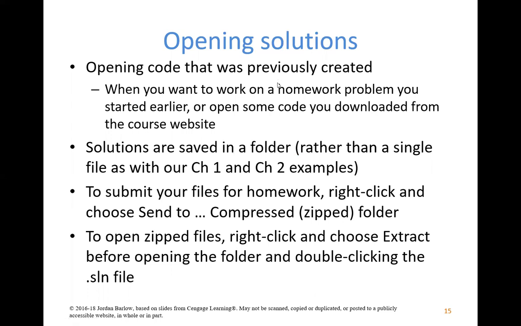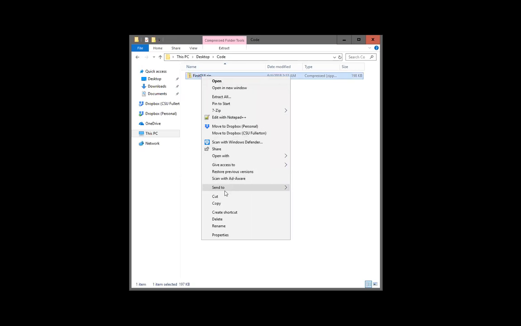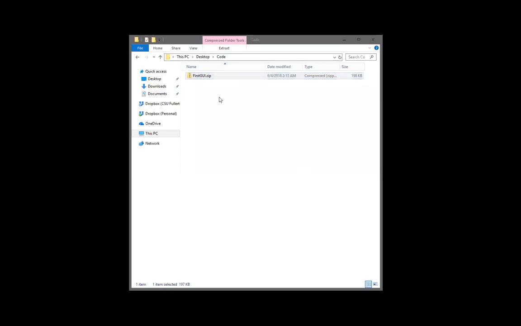So in the last video, I created one called First GUI. And then I zipped the folder and posted it to the course website. If you were to try and download that code, you would get a zipped folder like this, and you'd want to right-click and choose Extract All, and click Extract. And then it will show the folder not zipped. I'm going to go ahead and delete the zipped folder. And now if you want to open back up